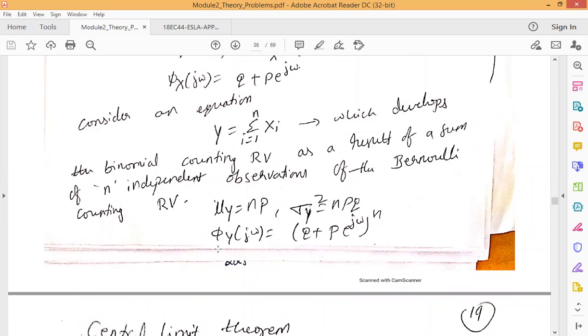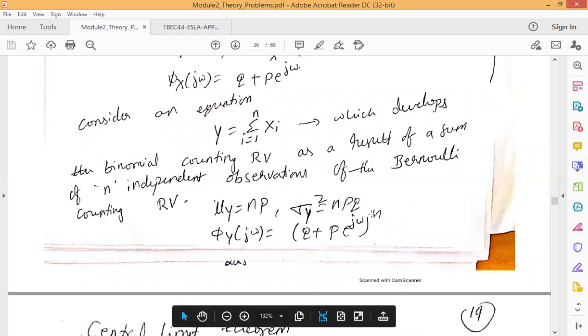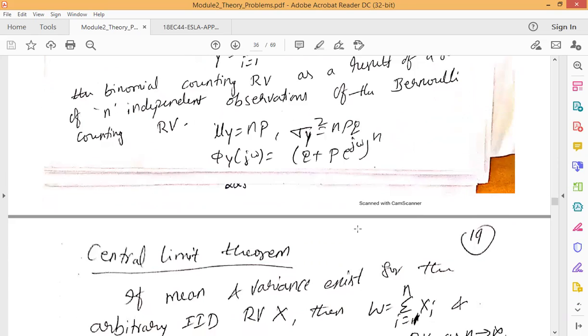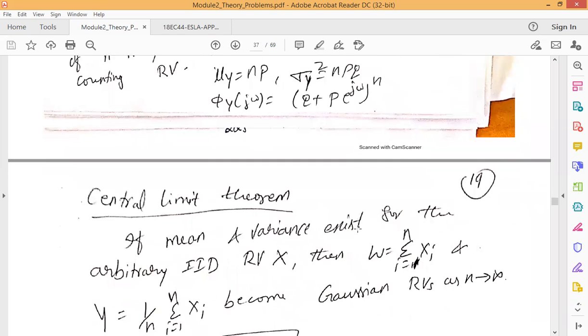For such observations, the mean of the random variable Y is np, sigma_Y squared is npq, and the characteristic function is q plus p e to the power j omega, all to the power n. So for the nth order, you need to remember how to write the equations for mean, variance, and the characteristic function. And the next topic is